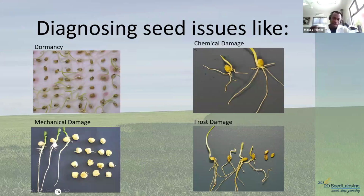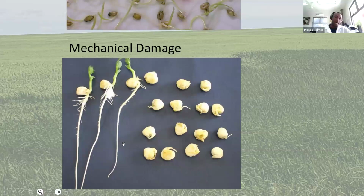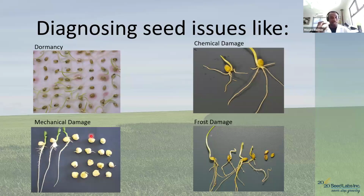In years where we have a lot of dry conditions, especially prior to harvest in peas, we also see several signs of mechanical damage. And here I have healthy pea plants as we would normally see in a germination test, and I've contrasted that to seedlings that have mechanical damage. Now, the way the pea seeds are designed, they have two cotyledons on each side, and then there's the radicle and